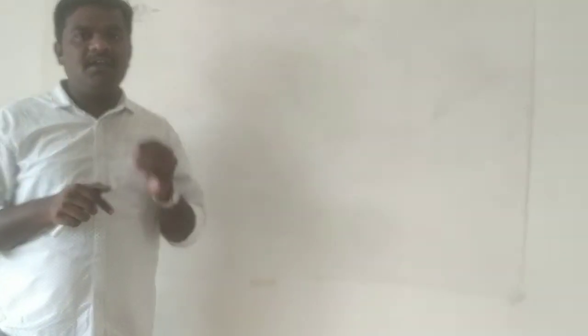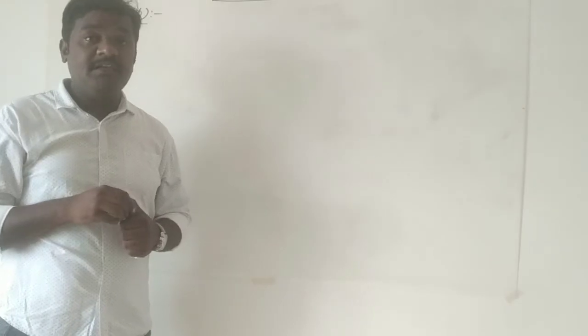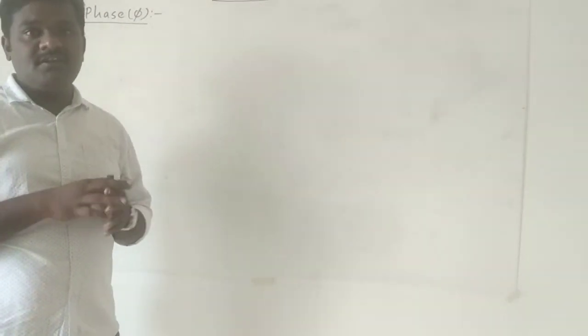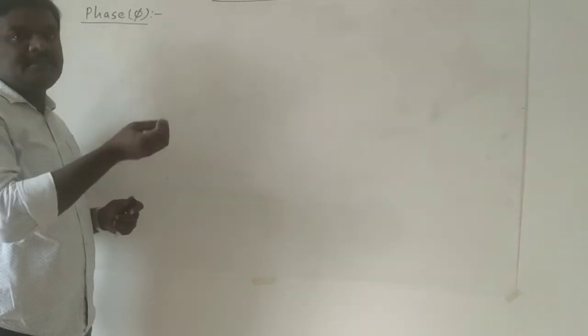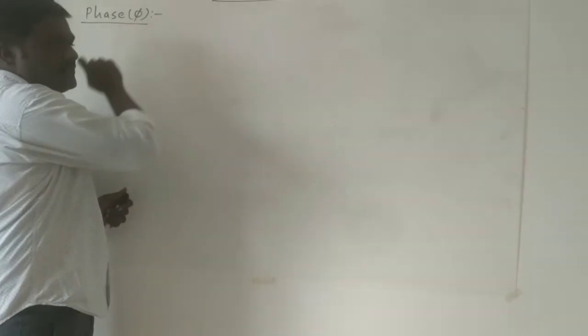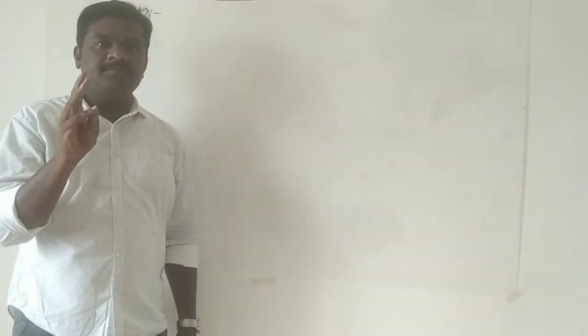Similarly, take 2 wristwatches. Both are ticking at the same time. Then the time difference between them is 0. Think one watch is showing a time about 5 minutes in advance. Then the time difference is about 5 minutes, which can be called the phase difference in terms of time. In a similar way in terms of angles also. If you take any rotating motion or any sinusoidal point, you can represent the angle between them in terms of phase. Then phase is a quantity which gives the difference between those 2 quantities, either in terms of angles, time or distance, which are participating in the same event.